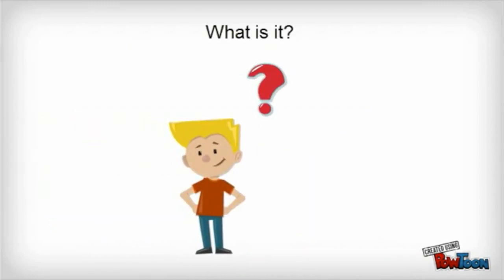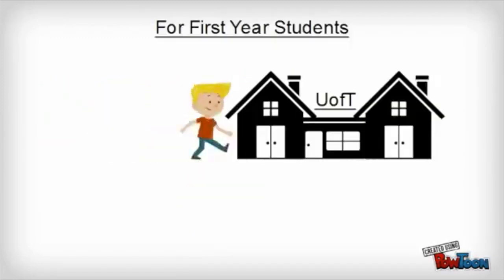What is it? A code of ethics is a set of rules used to guide an individual or group through decision-making in specific situations. Seeing as our society is becoming more dependent on technology, it is important to outline a code of ethics for uses of the Internet as a tool. We have developed a code of ethics tailored towards first-year students to guide them through all facets of Internet use and digital communication in the university environment.